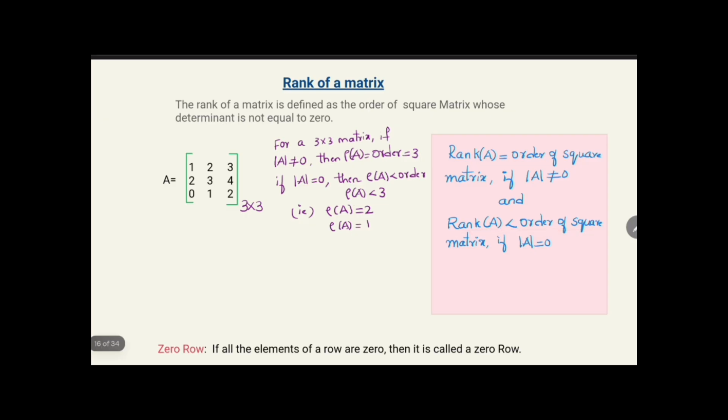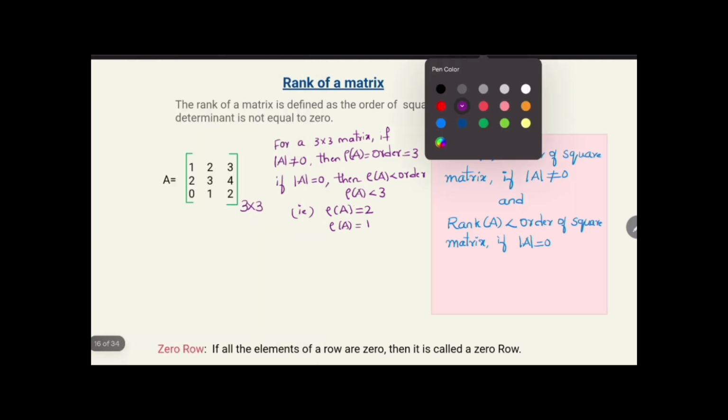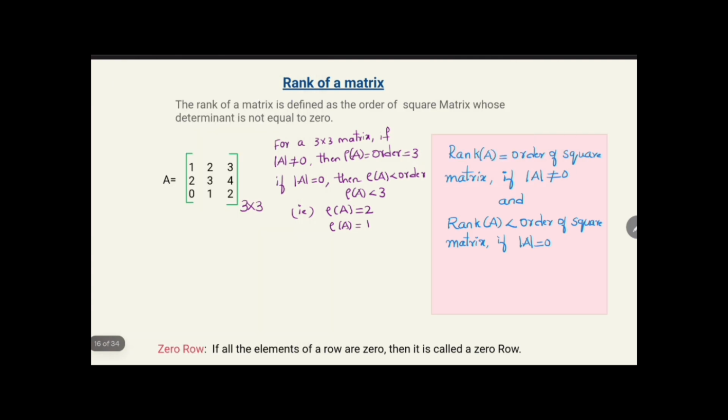I will explain you with an example here. Here is the example: 1, 2, 3, 2, 3, 4 and 0, 1, 2. See here, student. Here we will find determinant A is equal to. So here it is plus, minus and plus. Okay. 1 into,